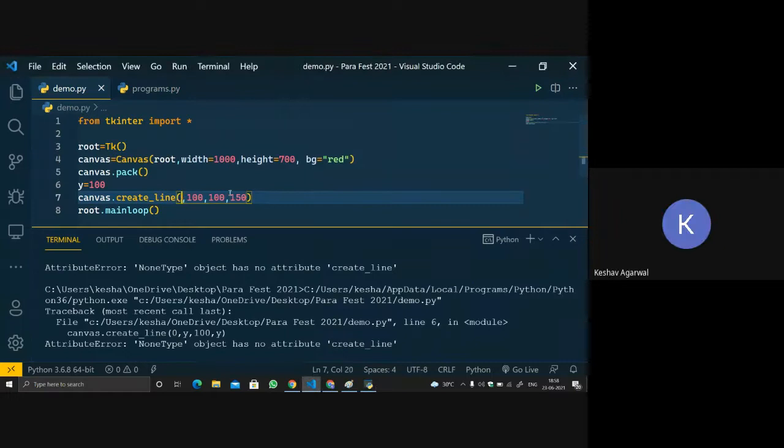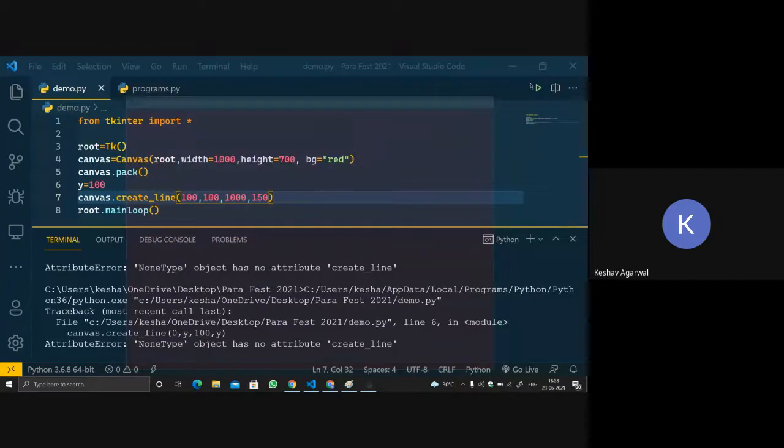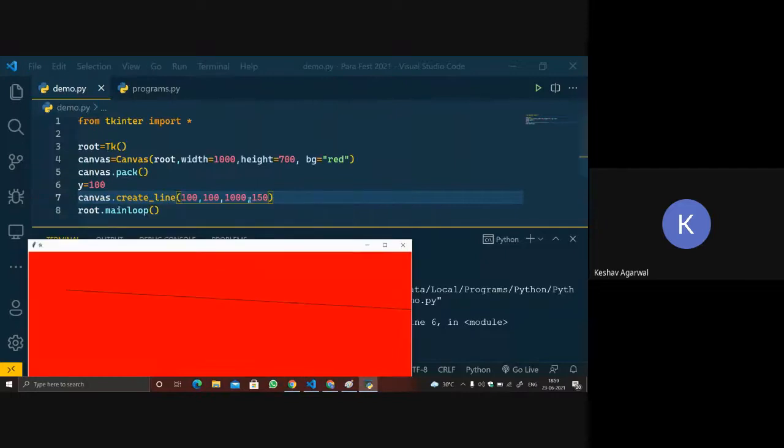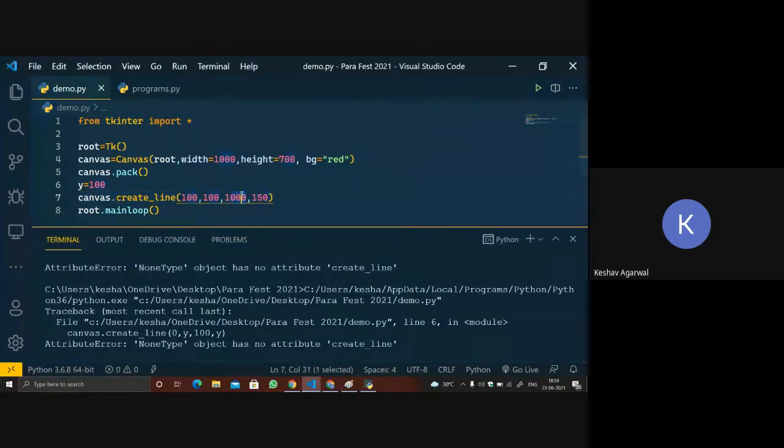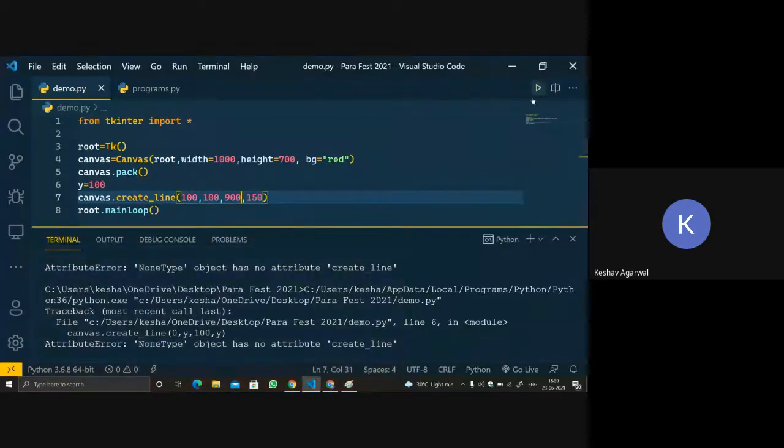So now let's try something new. We will originate the line from 100 to 1000. Now let's run the code. Yeah, so we crossed the canvas actually, so we will make it 900 so that it is fine with us.